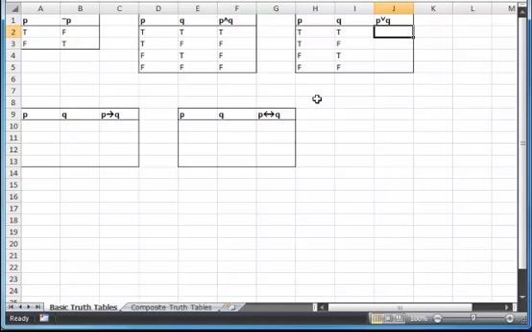So here, in our first row, both P and Q are true, so my whole statement is true. Here in my second one, P is true, so I don't care what Q is. One of them is true and I'm happy. Here, Q is true. I don't care that P is false because one of them is true. In our last one though, both of them are false. Since they're both false, the whole statement is